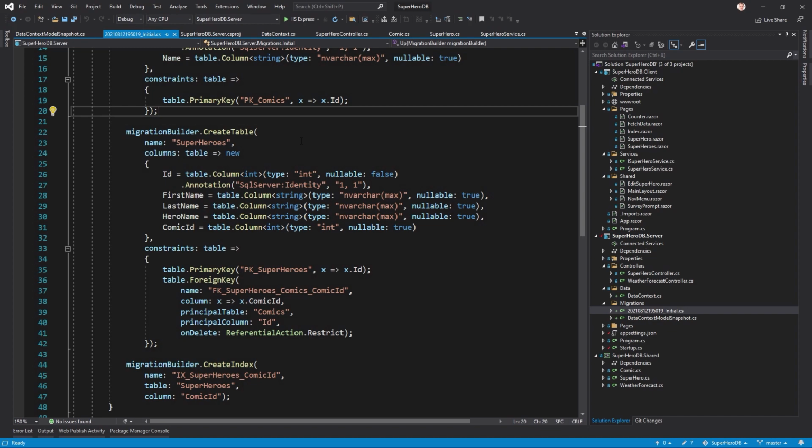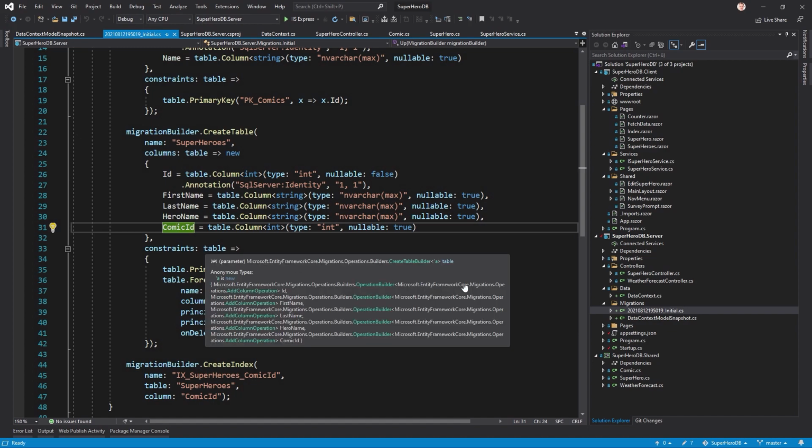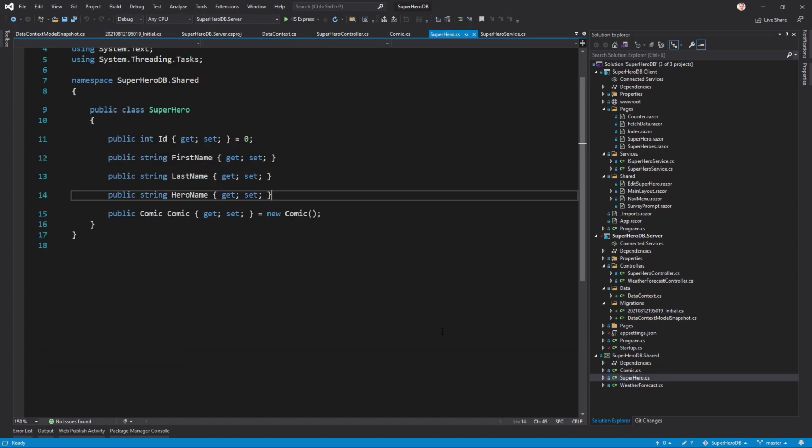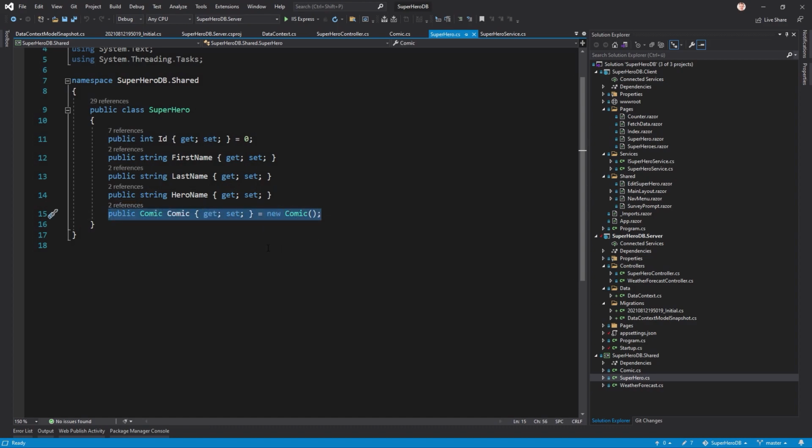So we do not have to set the ID. And then we got the fields first name, last name, hero name. And now this is interesting maybe, because we got the field comic ID. And when we have a look at our actual model here, we see that we did not add this field comic ID. We only have the field comic, but we will have to change this or add the comic ID